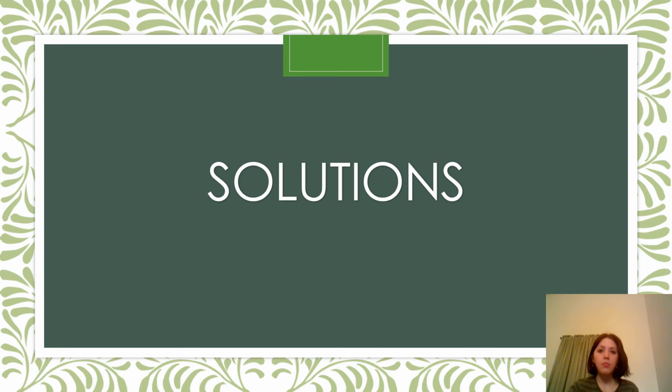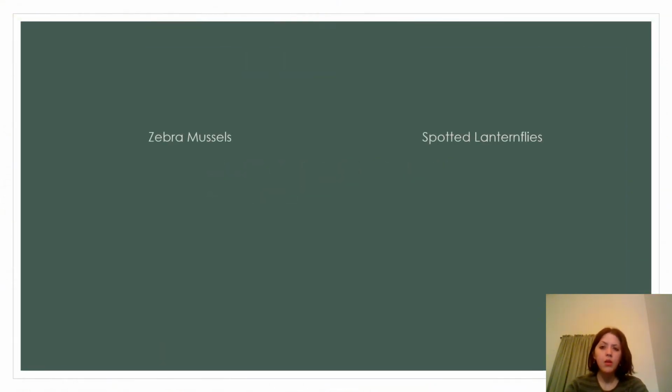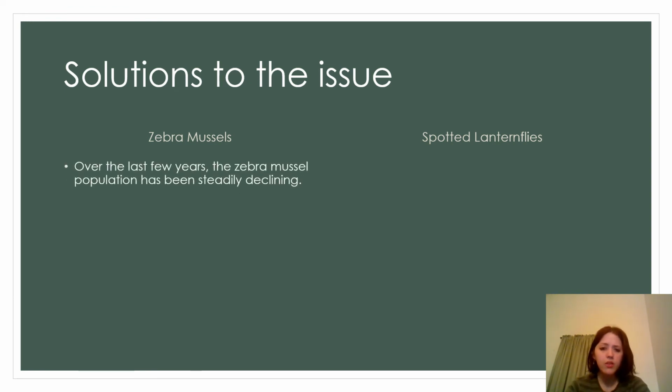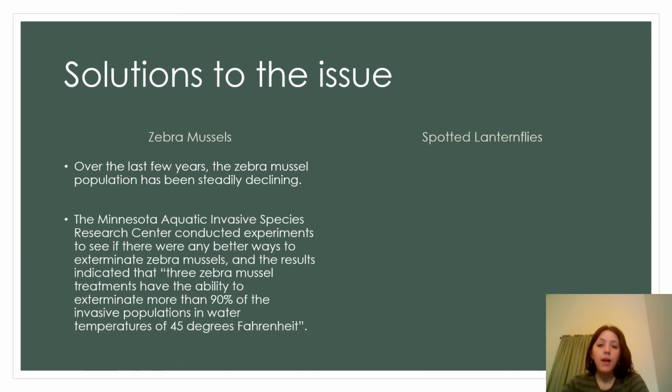And these are some solutions that have been introduced to help prevent and deal with these invasive species. So solutions to the issue. For zebra mussels, over the last few years, the population of zebra mussels has been steadily declining. And the Minnesota Aquatic Invasive Species Research Center conducted experiments to see if there were any better ways to exterminate